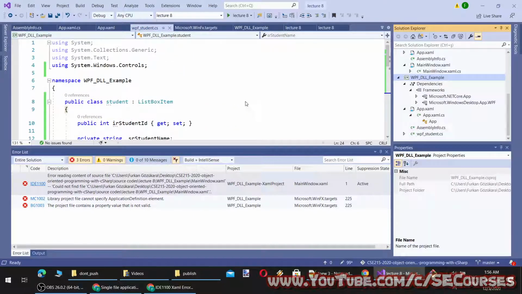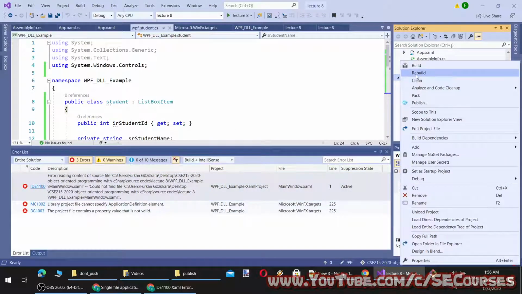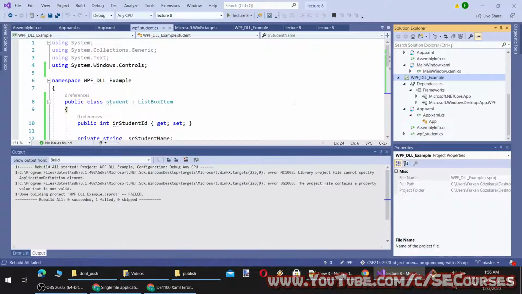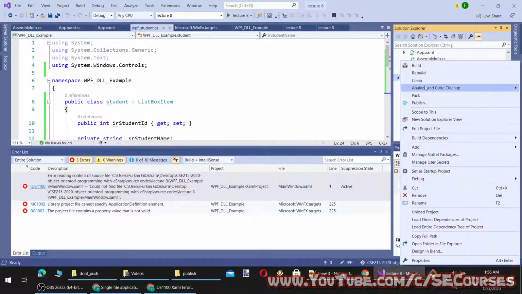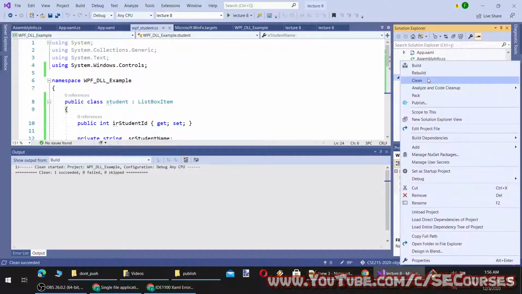Interesting. Why can I not build it? Let's try with rebuild. Let's try with clean. And let's try to rebuild.